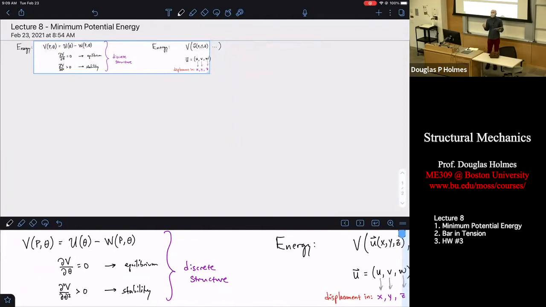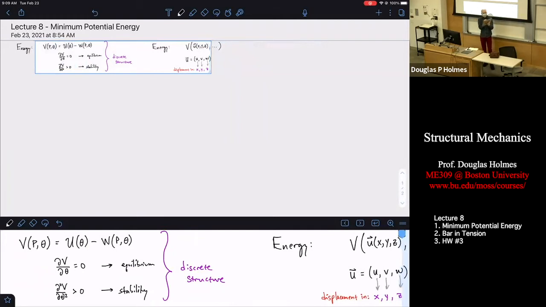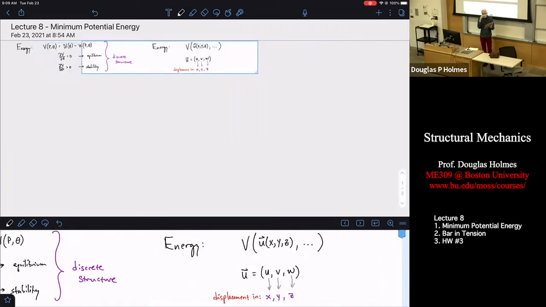In that first problem, the problem that you're currently working on for your homework, the load is fixed in place. The angle is the angular rotation at one point. It's saying, okay, I have this bar, I'm going to measure the angle at that bar, makes the horizon, and that's all I care about. For most continuous elastic structures,